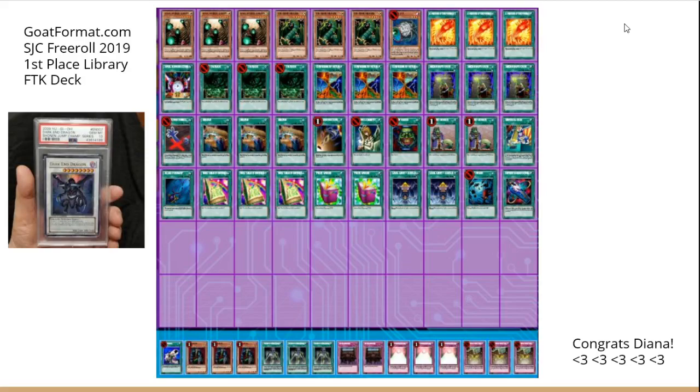Swords of Revealing Light is good too, because there are certain problem cards for the deck, so you can just put those face down, and it's pretty sick actually. Royal Decree, obviously, if it's a combo deck, you can get rid of stuff with it, just negate it. But the cool stuff here is actually